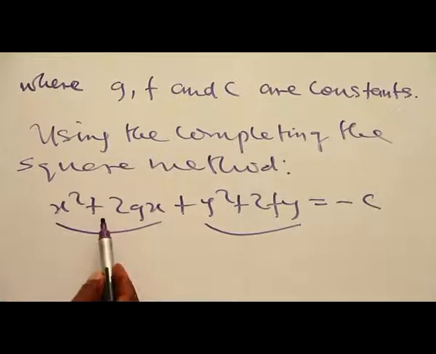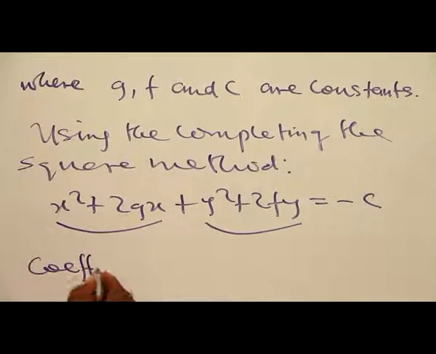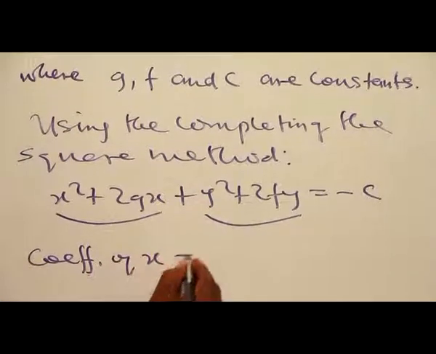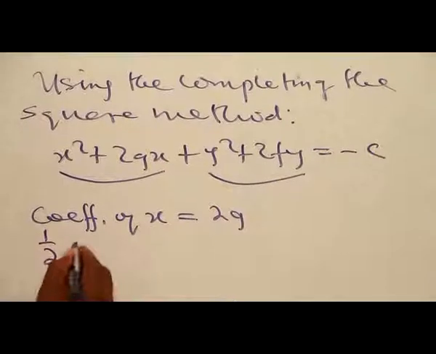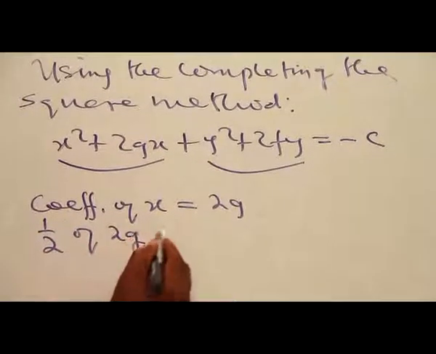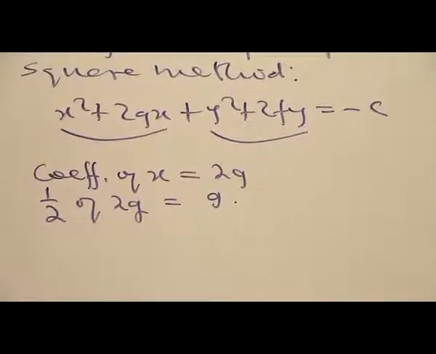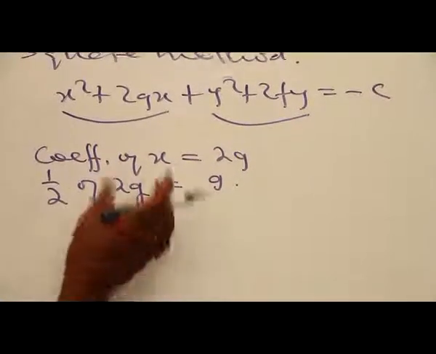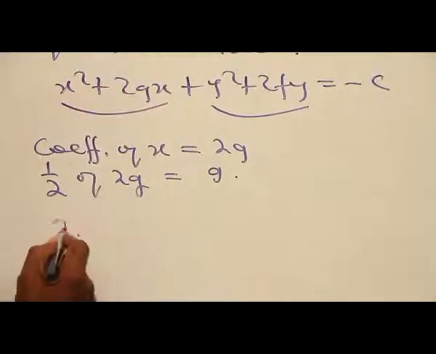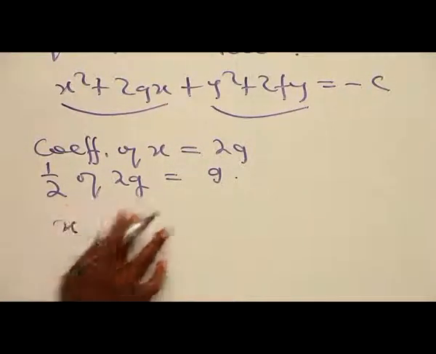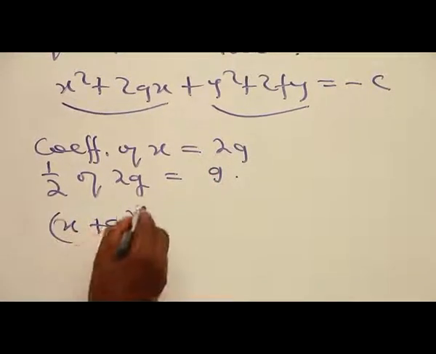Recall that in completing the square method, the coefficient of S in this place is equal to 2G. When you take half of the coefficient, it will give you G. So we can now write the completing the square method. We can complete this one now by writing S plus G all squared